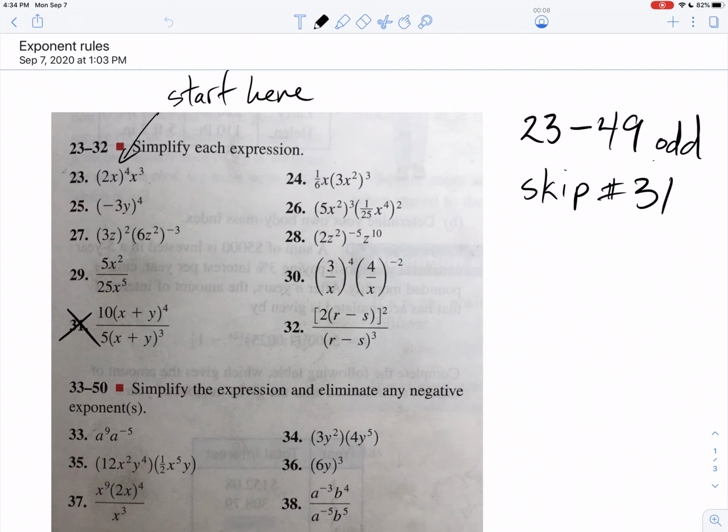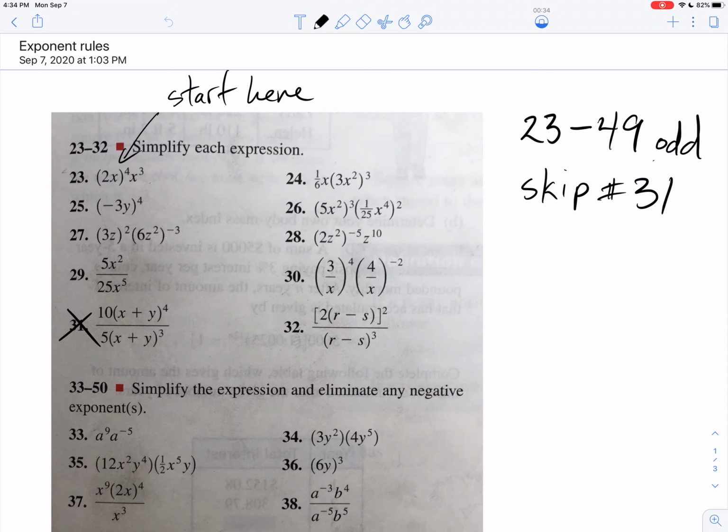We are going to be doing some exponent rules. There are 4 of them. But take a look at number 31. What I want you guys to do is work on these exponent rules. But number 31 is kind of a sneaky question. We will talk about it